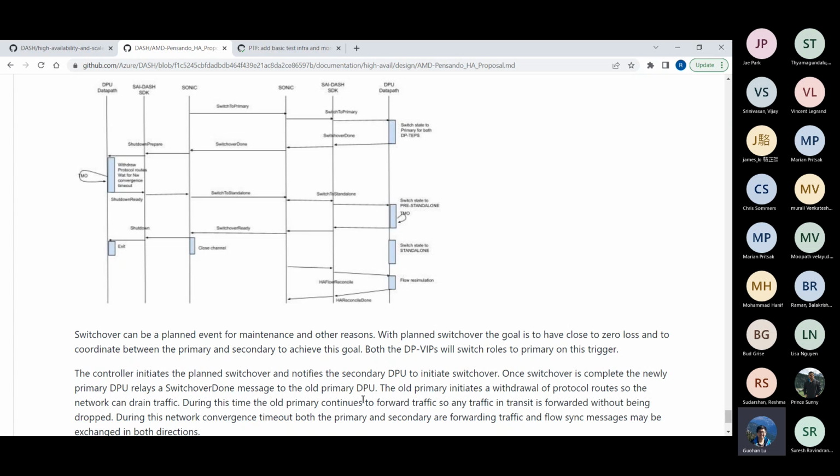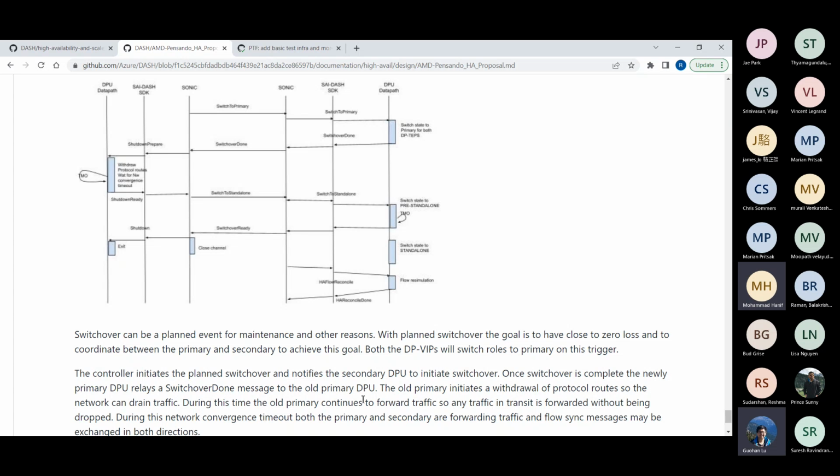Okay. If it's sending the SIM packet to the new active, what is the expectation of the new active with this SIM packet received from the previous active? It will take the sync and create the state. No, hold on.